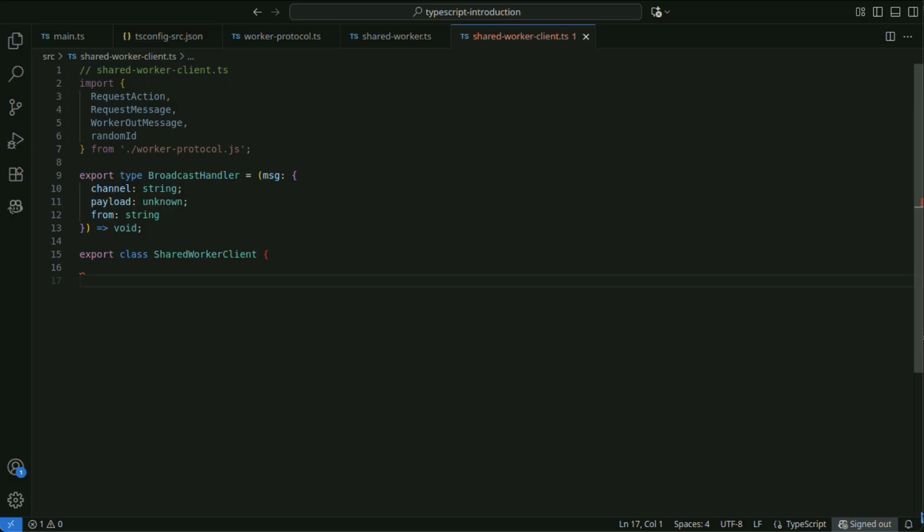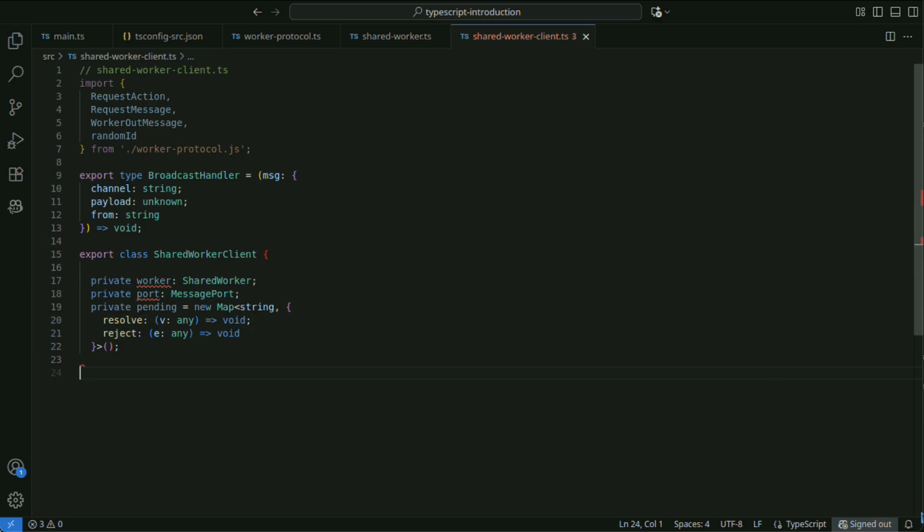Shared worker client is a client class that communicates with a shared worker, sending requests and handling responses. These variables are the worker instance, the communication port with the worker, and a map that tracks requests awaiting responses.